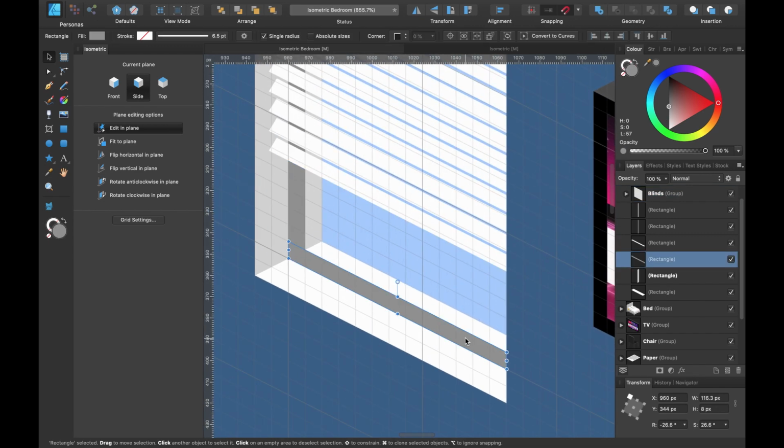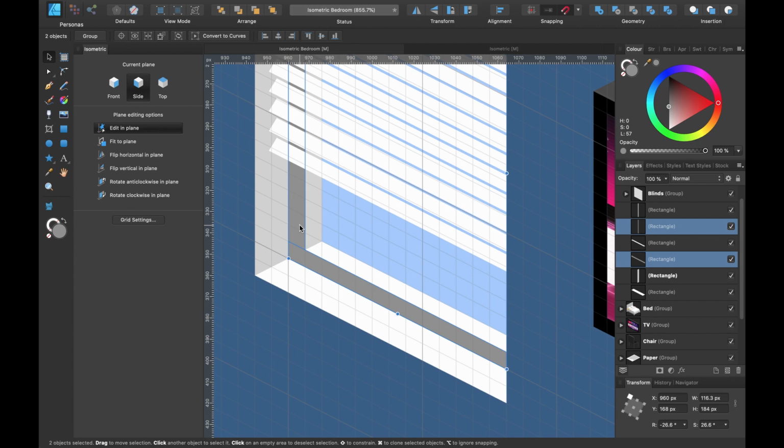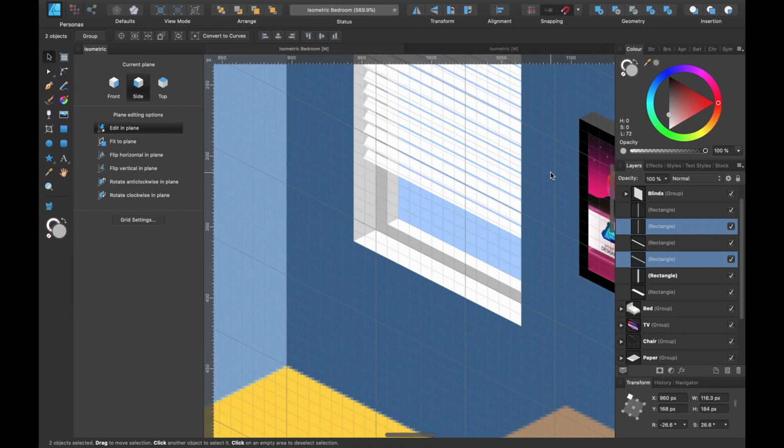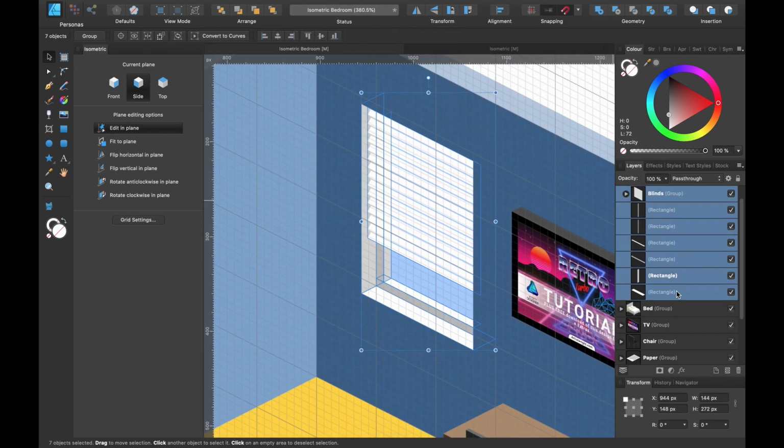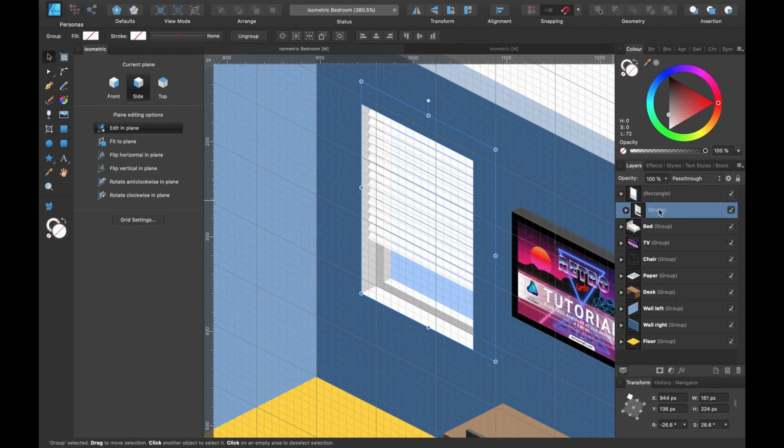And looking at the color here, I think it's a little bit too dark. It's always good to go back and polish things off the way you like them. So I just select this shape and keep my finger on Shift and select that shape. I'll just make those slightly lighter. Now that I'm happy with that, I'll select all of the window layers and I'll group them together, and I'll call it window. Press return.